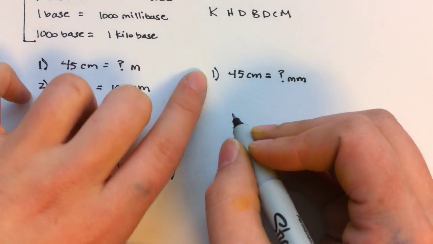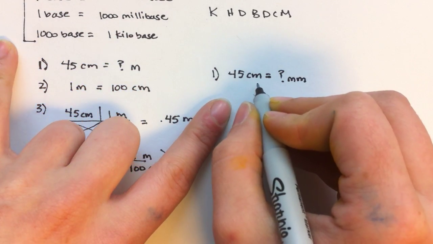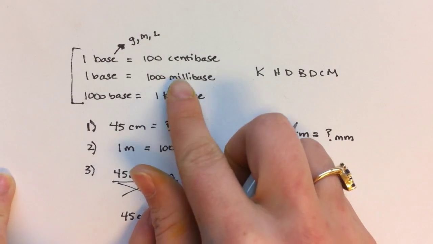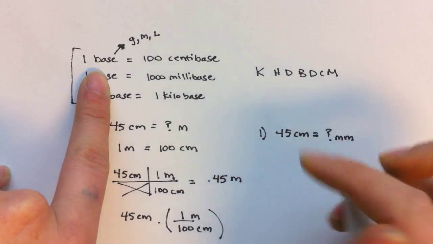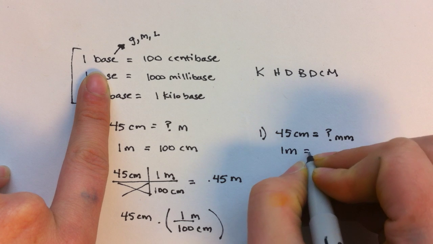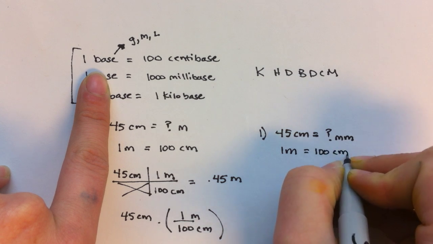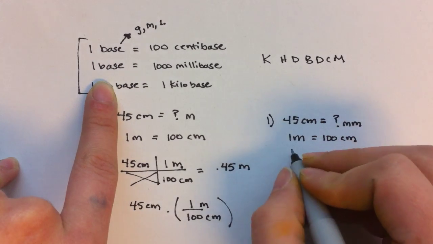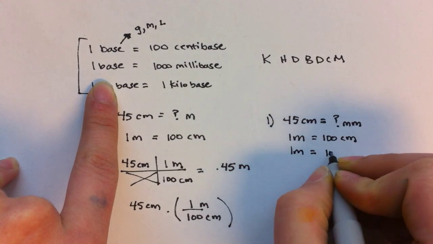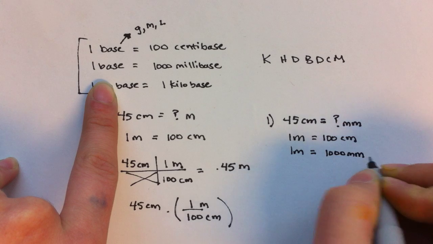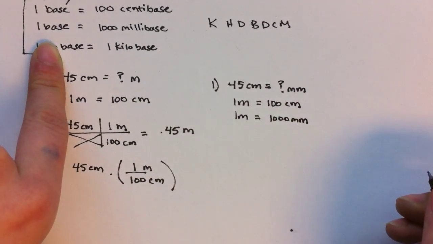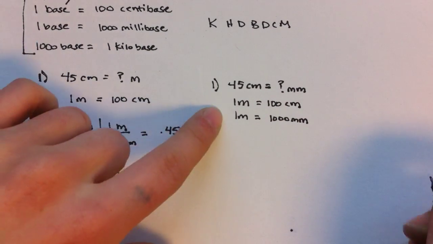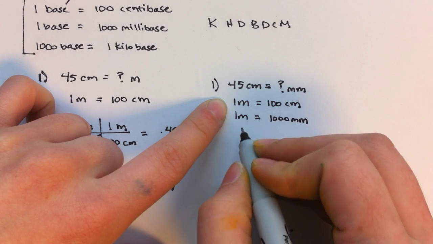So let me show you with the double T. I have centimeters, so I look at my equalities. 1 meter equals 100 centimeters. I also have millimeters, so I look at my equalities. 1 meter equals 1,000 millimeters. Then I have two equalities now,